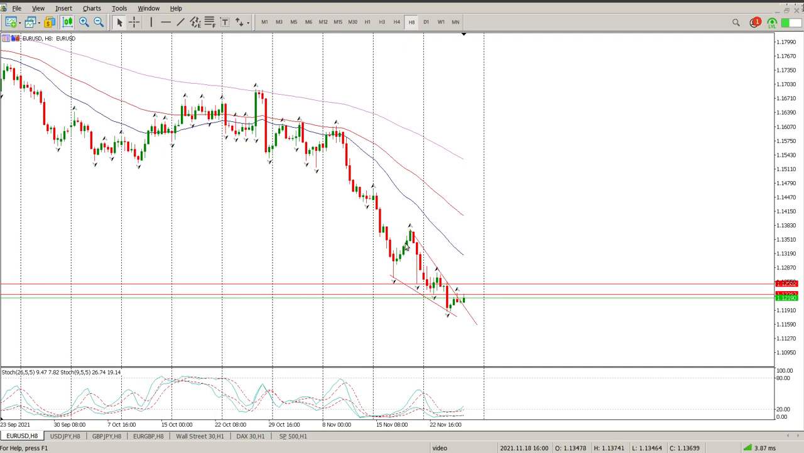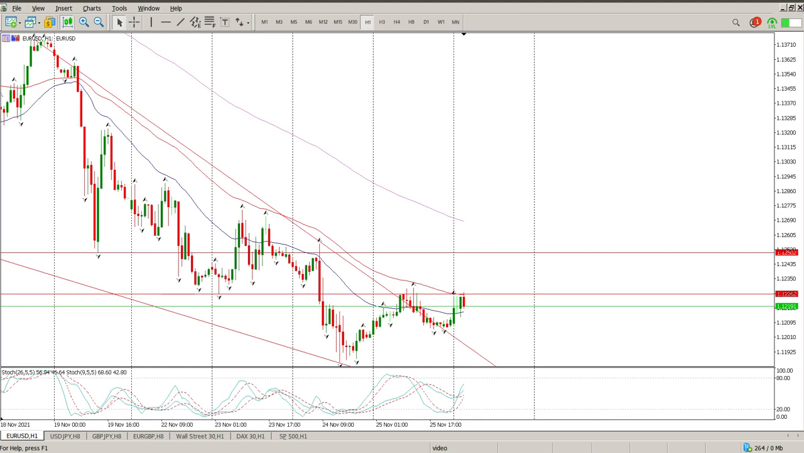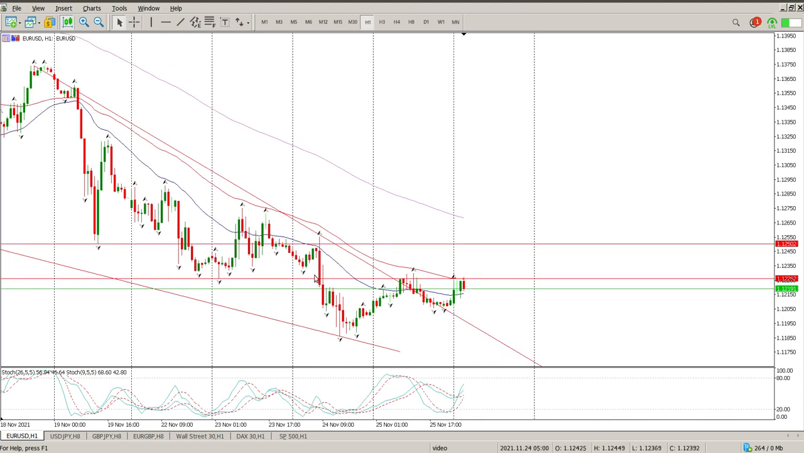So, a couple of things on the go here. This wedge has broken, but we're still going sideways, and you can see it does look like we're rejecting this level I gave you yesterday, which was 112.262. Now, if we come down to the hour, and bear in mind this is Euro USD, you'll see